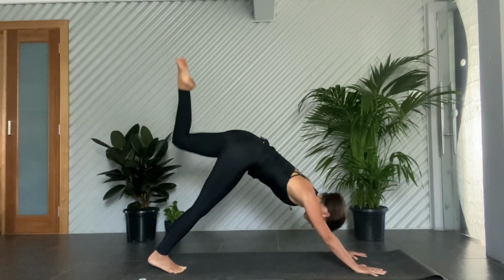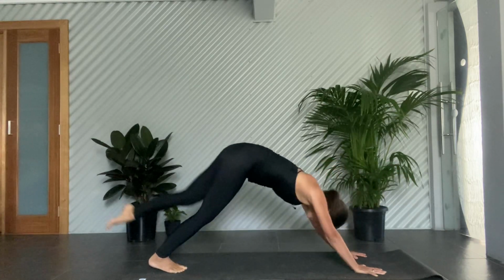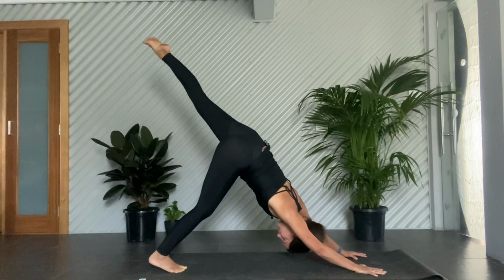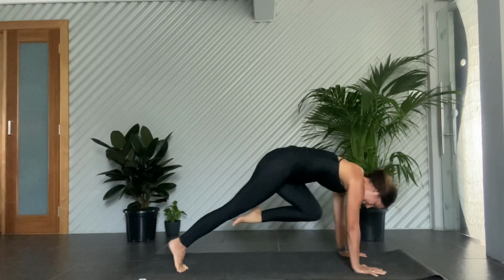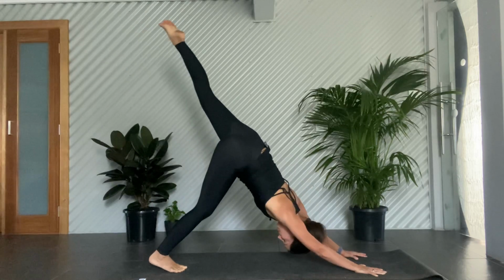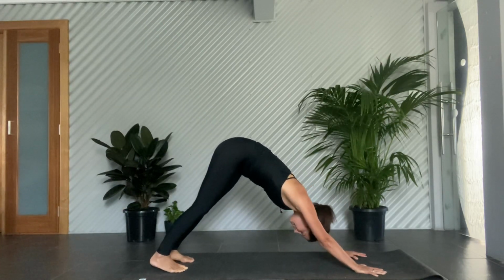Nice, let's do two more of those. Floating the knee in towards the chest. Exhale, rounding and lifting back to three-legged dog. Last one. Inhale, draw it in. Exhale, press back. Awesome. From here, take the foot back down to the floor, back into your down dog, and